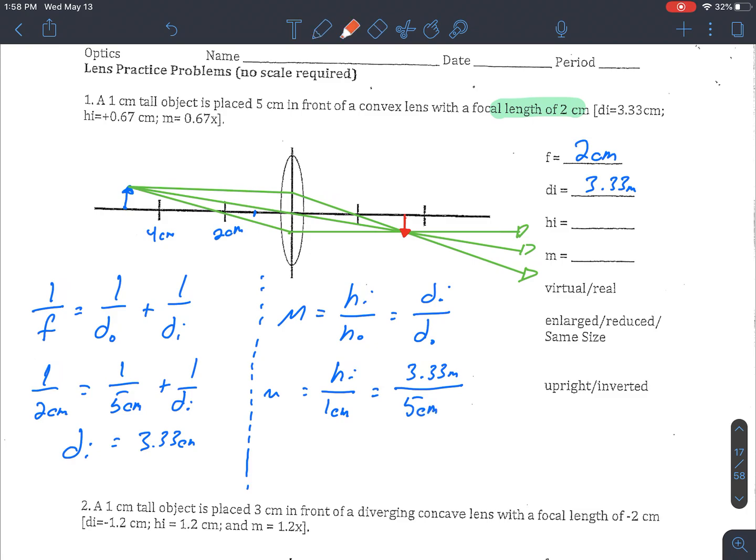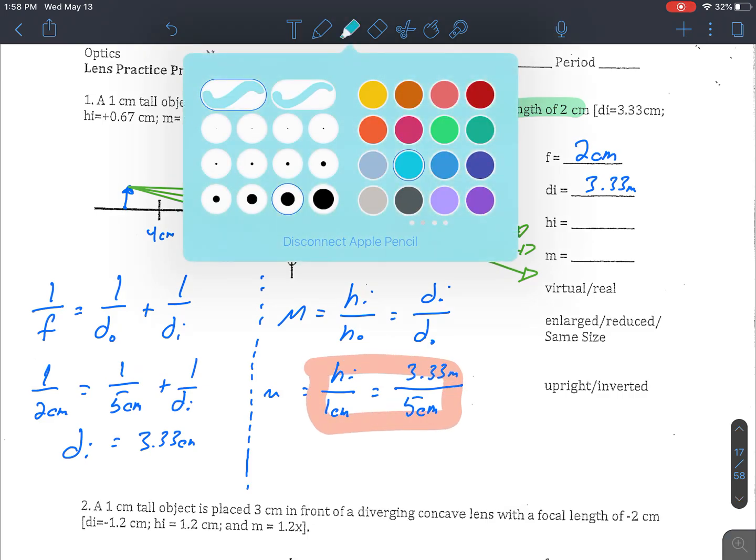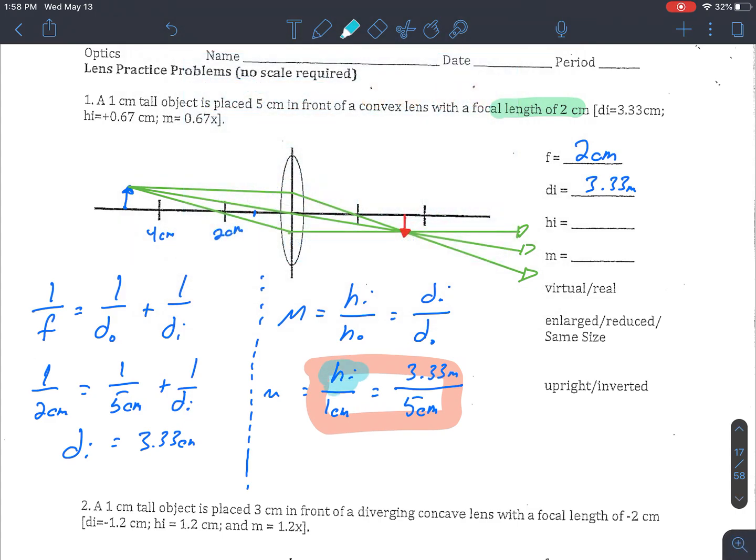So what we could do is we could solve, if we're using just this part here, for the image height. If you plug that into a calculator, it will spit out 0.67 centimeters,